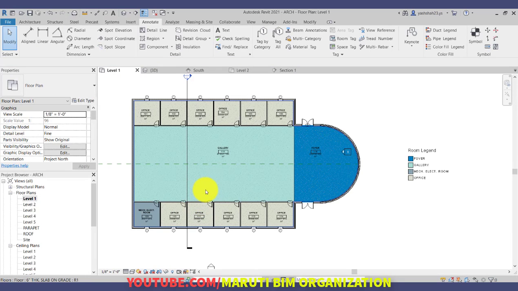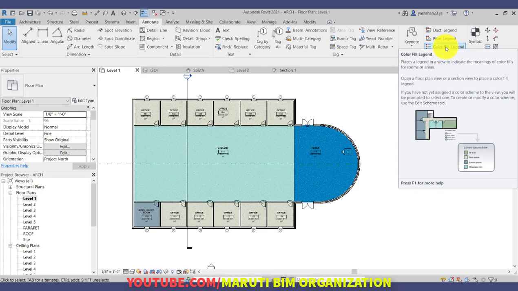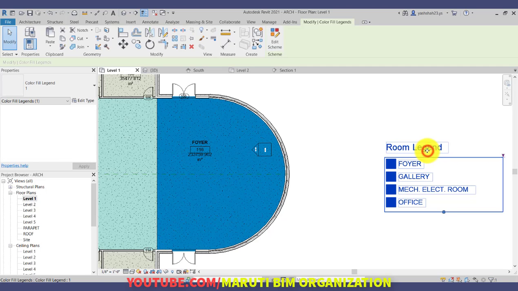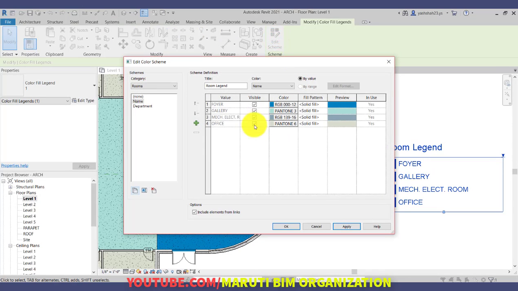So this way you can create your colorful room schedule as well. So what is the procedure? You have to use the color fill legend command and click anywhere and select room name and room number, go to the edit scheme, and from here you will use different settings.